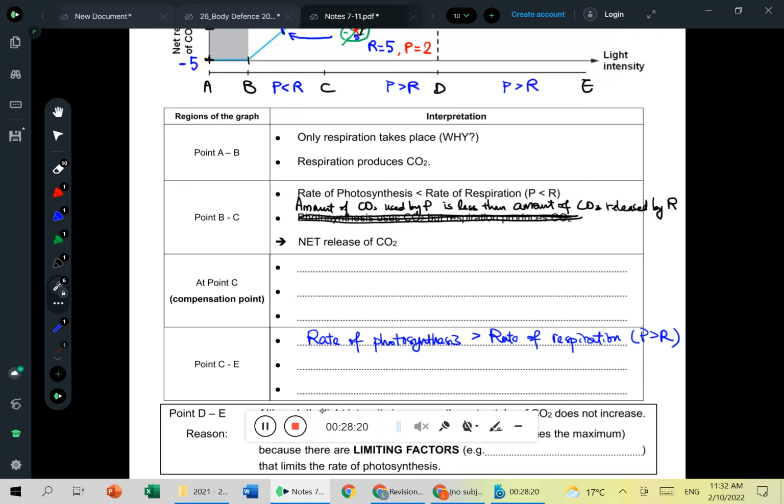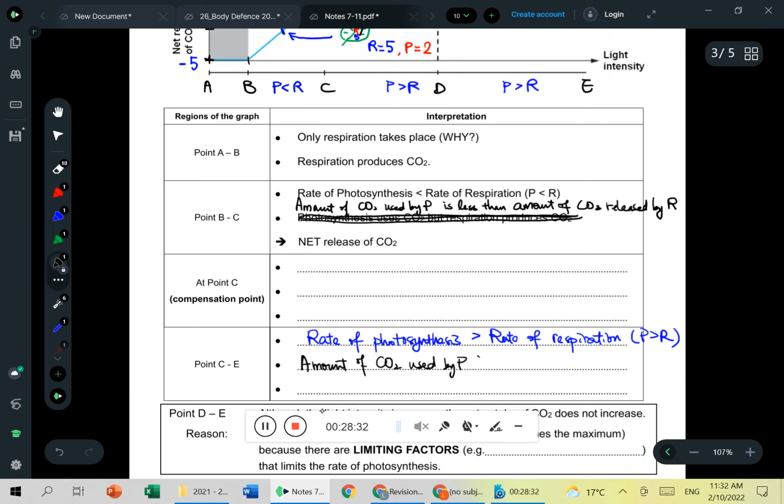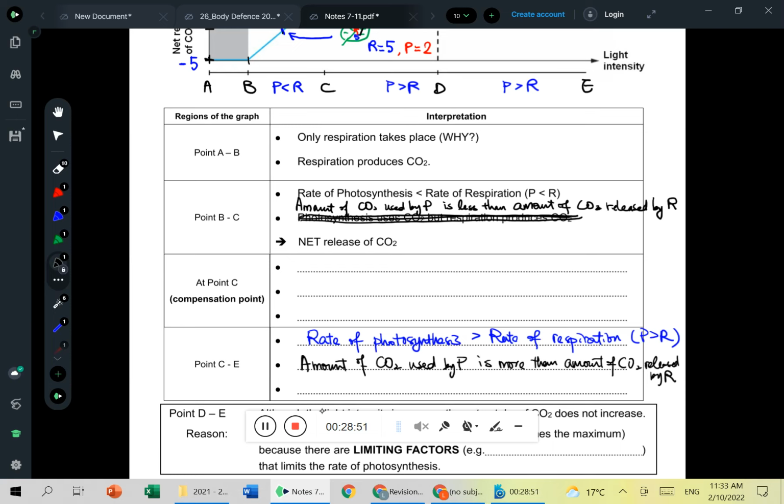So here it means that the amount of CO2 used by P is greater than the amount of CO2 released by R. So what does it mean？即係話冇錯，respiration 會整啲 CO2 出嚟俾 photosynthesis 用，但係根本就唔夠用，因為而家光好猛，photosynthesis 要用好多 CO2 啊嘛，唔夠用咁點算啊？就要喺空氣度攞。Therefore, the plant would have a net uptake of